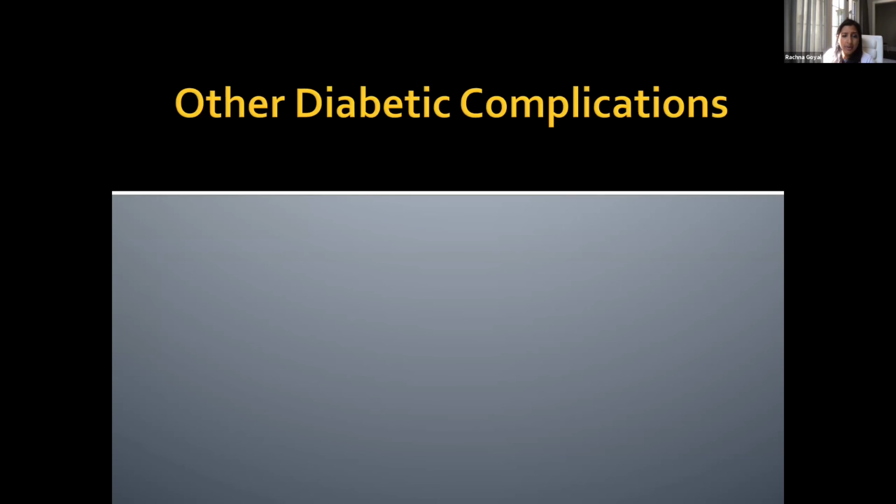And so the other thing that is literally a whole other lecture that I could talk to you guys about for another hour is some of the drugs that we now have on the market that have been shown to decrease some of our cardiovascular events and that are also important in treating diabetes. So definitely the SGLT2 inhibitors. If you have a patient that has known cardiovascular disease and has diabetes, putting them on an SGLT2 inhibitor,